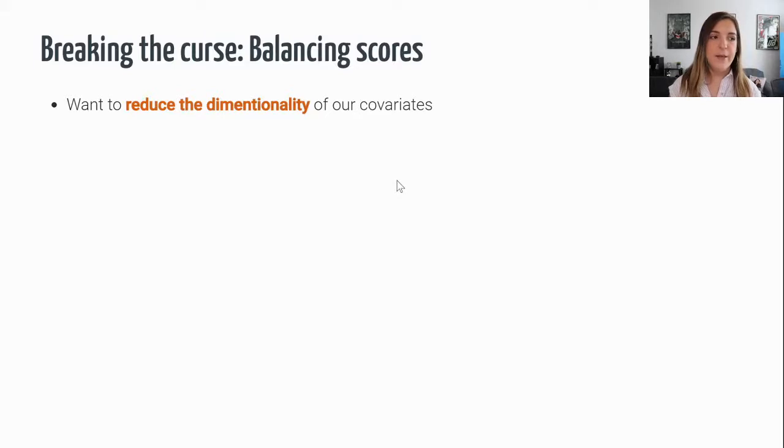So in order to break the curse of dimensionality, we have what are called balancing scores. Basically, this creates a score or an index that reduces the dimensionality of our covariates. So the idea is to, within one number or one variable, try to collect all the information of the covariates that is related to the treatment. Again, the idea is to reduce the dimensionality so we don't have so many strata to think about, but maybe just one number that will be enough to collect all that information that